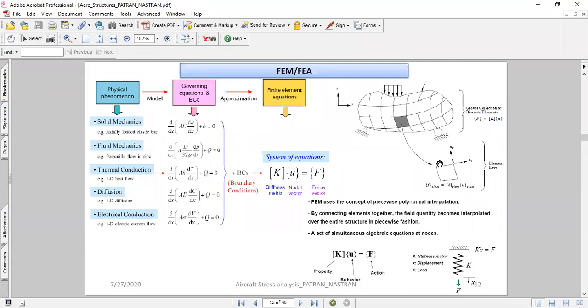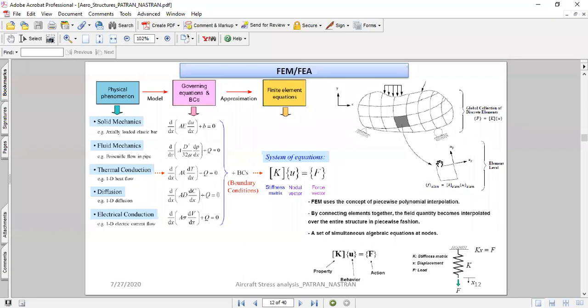The same problem, if you assume it as a 1D assumption and use a classical mechanics of materials or strength of materials approach, you could get an answer. Between the finite element answer and the classical mechanics way, there could be some percentage of difference.